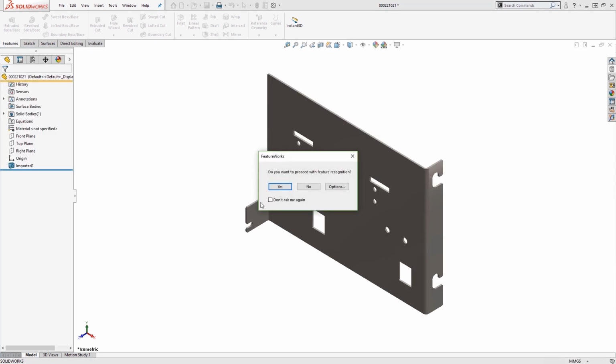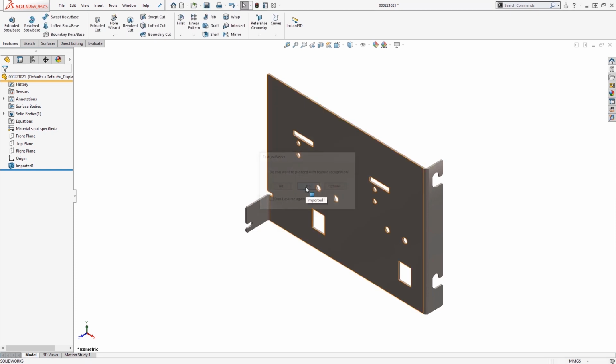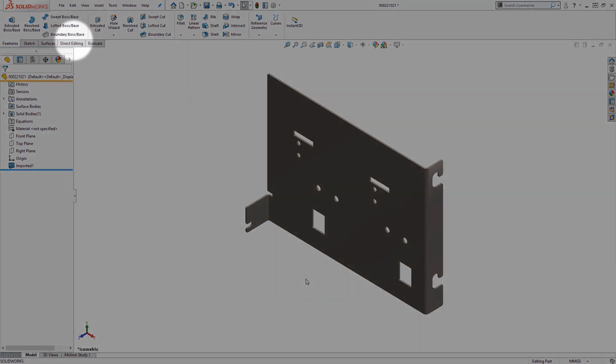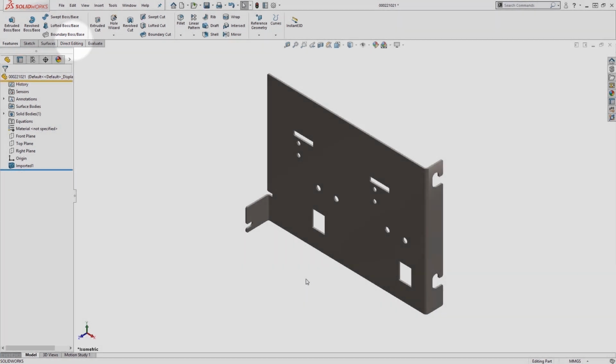If you run this, SOLIDWORKS will try and work out what combination of features would be needed to model the shape in SOLIDWORKS as you see it here. This can be useful as it can give you a full feature tree which can make editing easier, though it's not the most robust procedure, and in most situations it's actually more trouble than it's worth, and I'd recommend that you don't use it and instead just make your edits after bringing it in using the commands on the direct editing toolbar. So that's pretty much all you need to know when it comes to importing STEP files.